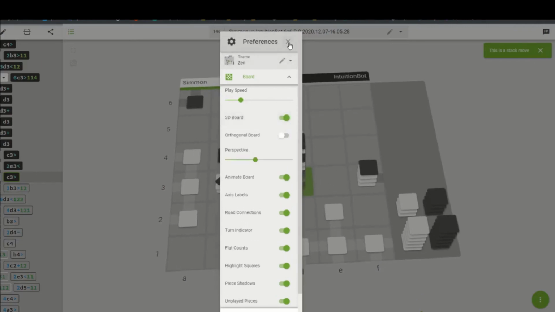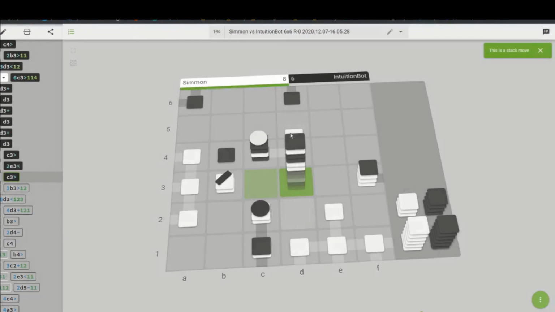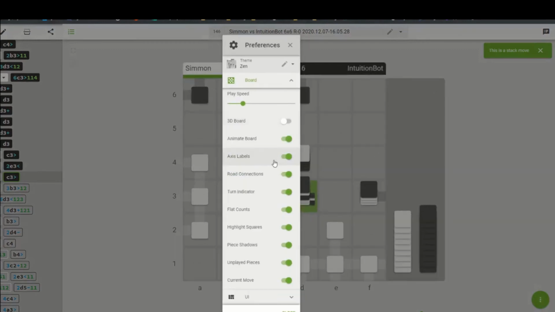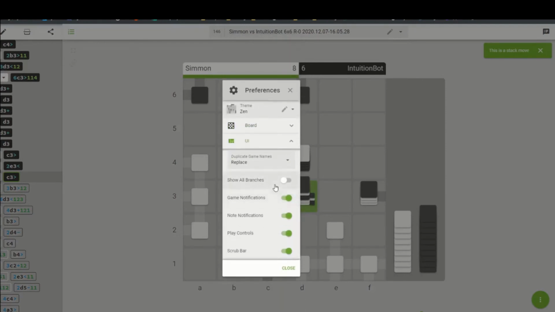I'm partial to the 2D mode myself because this stack thing gets a little bit out of hand like it does on Playtak. So let's go back into this, go to the board. Let's say, please make that a two-dimensional board, just how I like to see it. And then let's go down and we can see the UI and change some things there, game notifications, things like that. Or you can even change the theme,